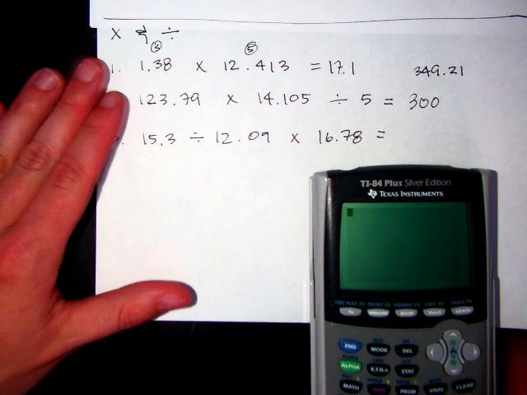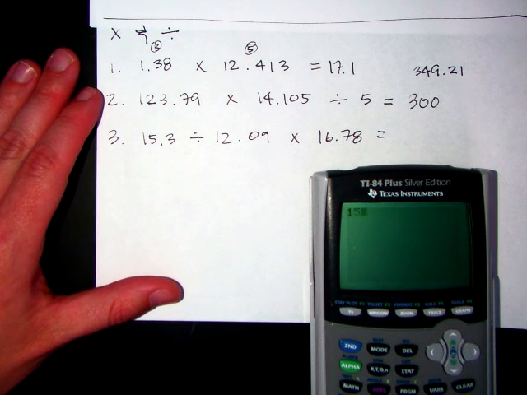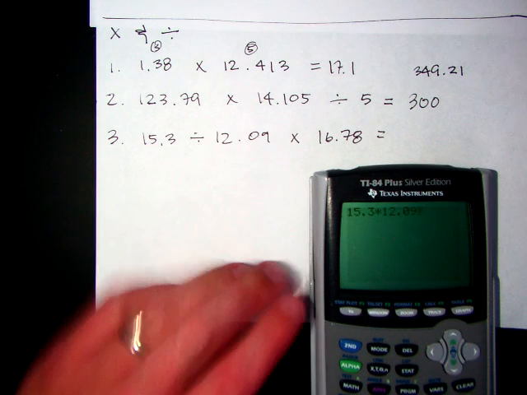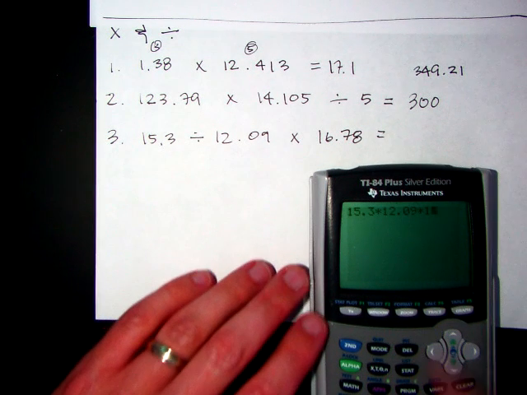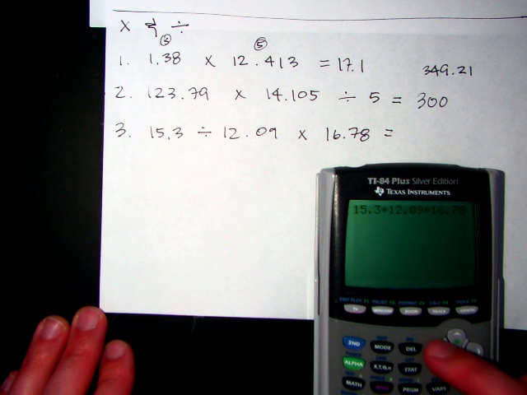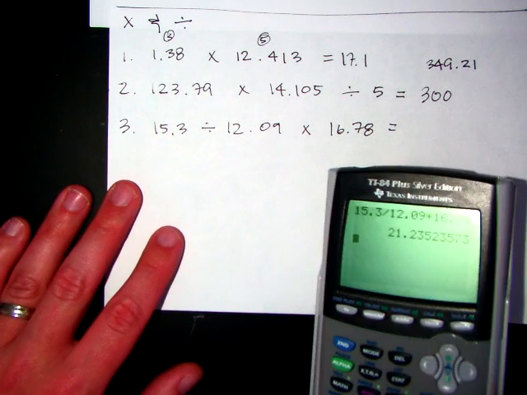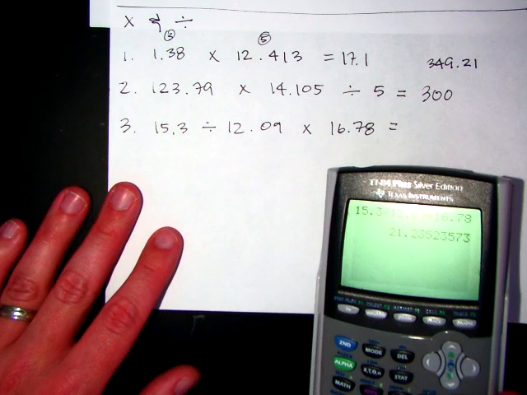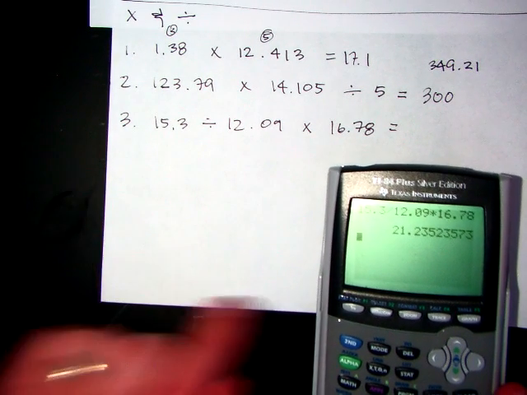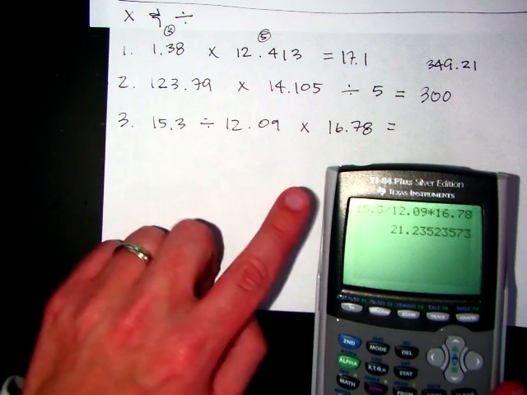Let's plug this in and see if we can get it to the right number of sig figs. 15.3 times 12.09 times 16.78. Oh, sorry. I am freaking out right now. Look how many numbers I have there. 2, 4, 6, 8, 10 of them. That's 10 significant figures. You can't write all those down because that's way too specific